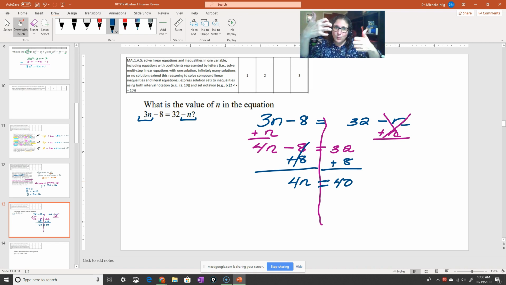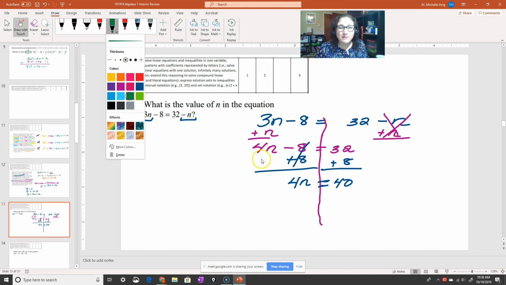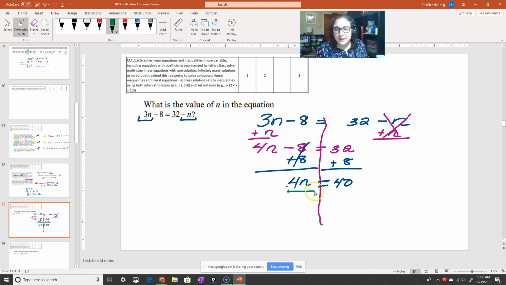So here I've got my 4. Here I've got my n. They're in a tackle. What's going to happen? I need to divide them apart because they're in a battle. So my last step is I'm just going to say, whatever this coefficient is that's in front of the n, I don't want it anymore. I need to get rid of it, so I'm going to divide. 4 divided by 4 is just 1. So that leaves me with n by itself.